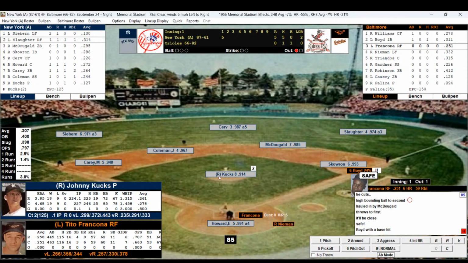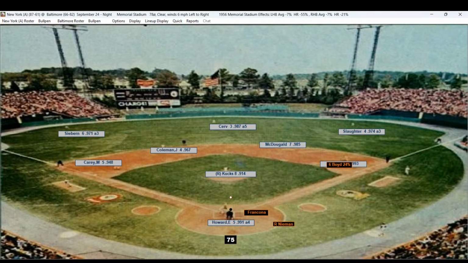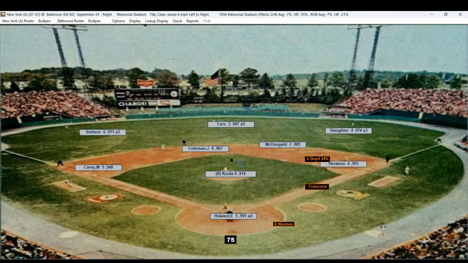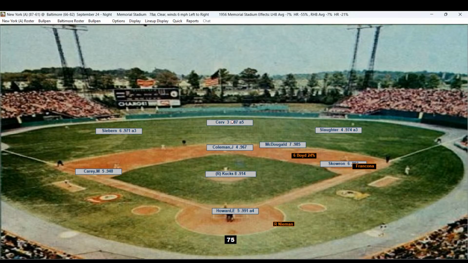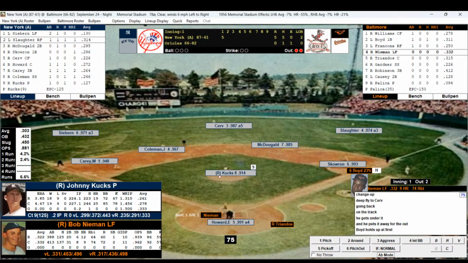Here's Tito at .251, 6 homers and 59 RBI. Cucks steals. That's into center. Cerv holds it for the out, and Boyd goes back to first. So 2 out for Bob Neiman, hitting .332. He's had a good year. 9 homers and